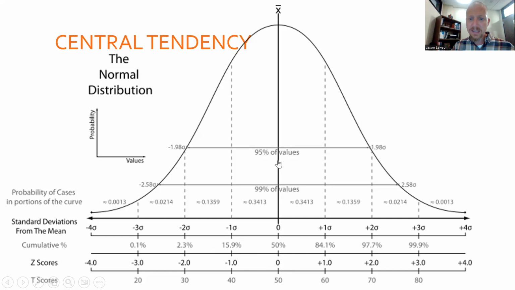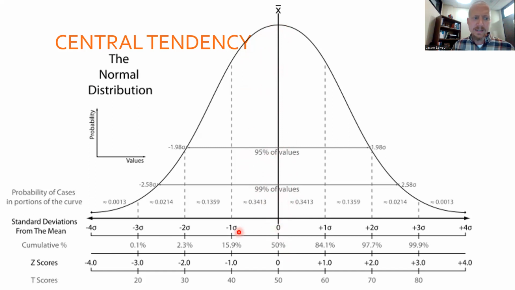But again, this line is the mean. That's where most of our participants' scores were. And so that would be a percentile rank of 50%. If somebody's in the 50th percentile, that means they're right at the mean, right at average. Now you'll see here too,